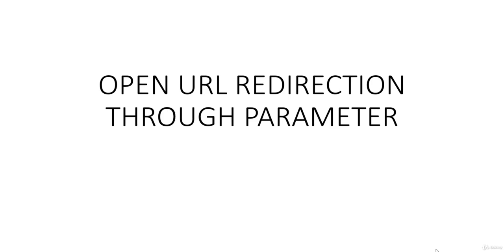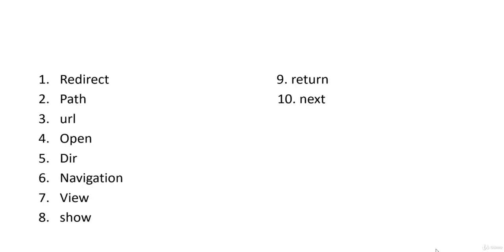Now let's see about the open URL redirection through some parameters. Parameters are normally the attributes associated with the URL that are responsible for the URL redirection. We'll just see some of the important parameters, and we'll see the live action of those vulnerabilities in the next lecture. But for now, let's get some theory over here.